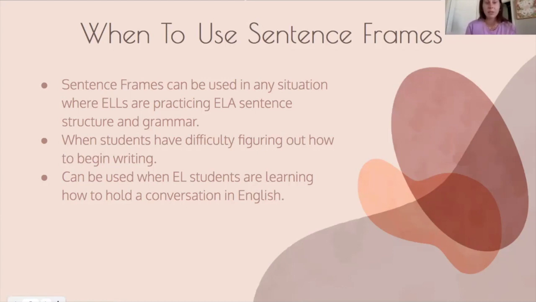And lastly, it can be used when EL students are learning how to hold a conversation in English. It can help give them conversation skills. It can help them articulate what they're trying to say without having to think too much about the grammar and the context. So yeah, that's